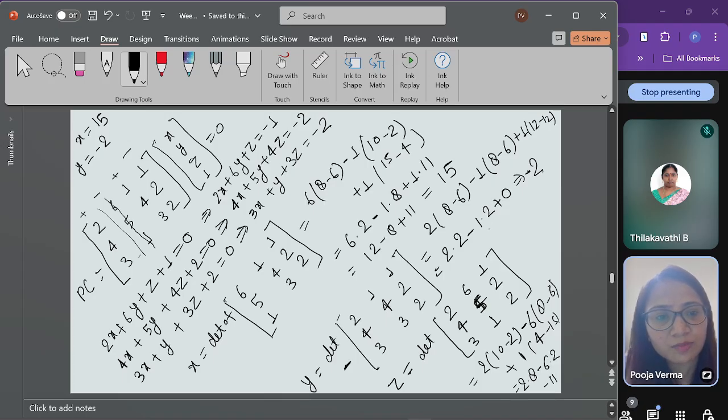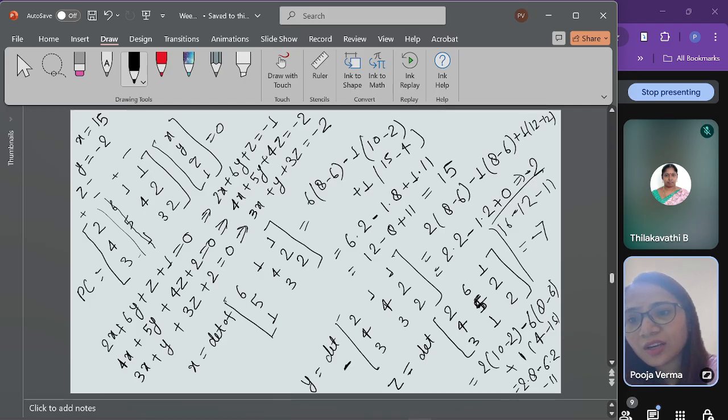So after that I'm just solving it here. So you will get 16 minus 12 minus 11, right? So 16 minus 12 is 4, so you will get minus 7. That means z value you are getting is minus 7. Okay,